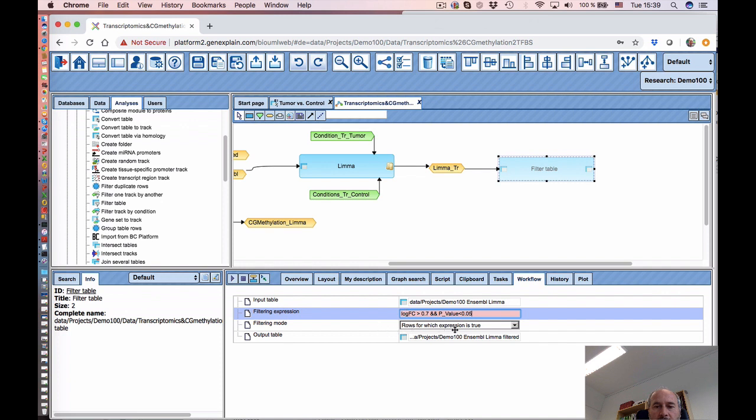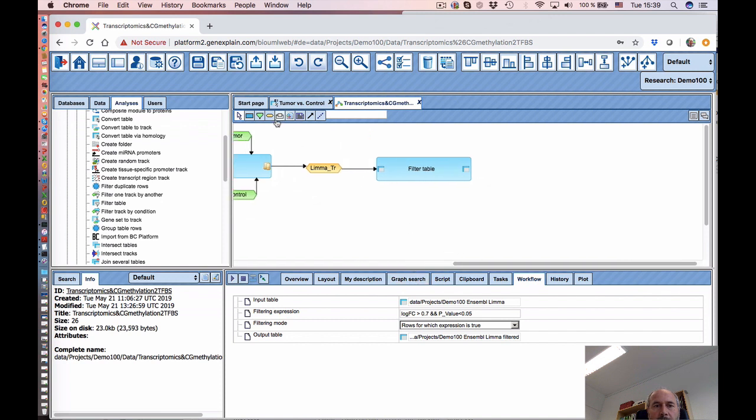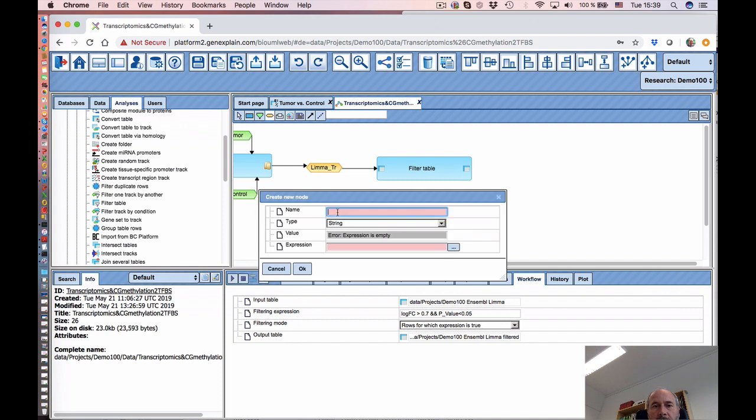So all the rows which expression is true will be saved in this table, but actually let's create a table name which we want to see as a filtered. So basically this will be the up-regulated genes,